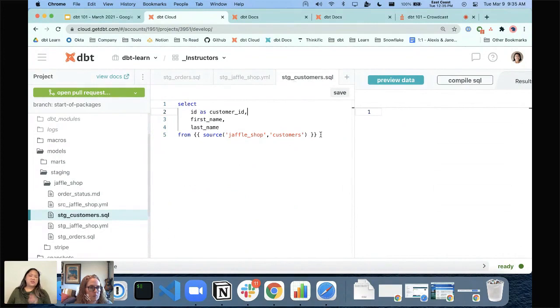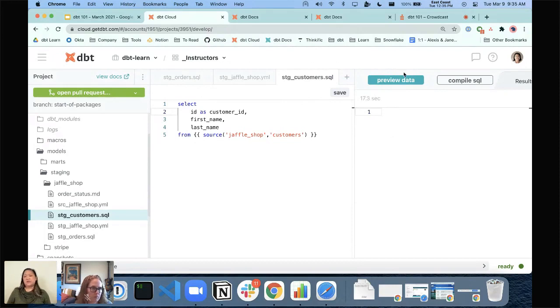I'm not going to show this right now, but there is another place where you can configure whether it's a view or a table. So here I have my tabs for my files that are open. I can click preview data over here. Whoops. We are getting an error. This is live, folks. I think I might need to refresh this page,